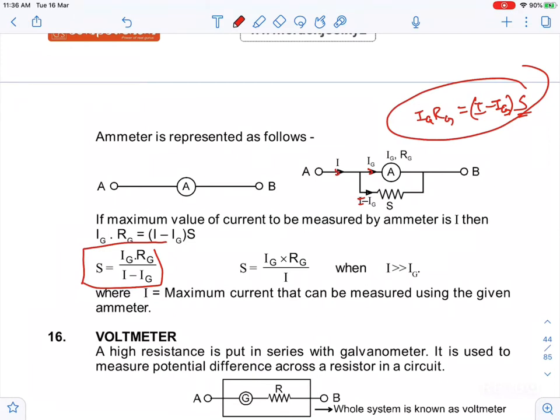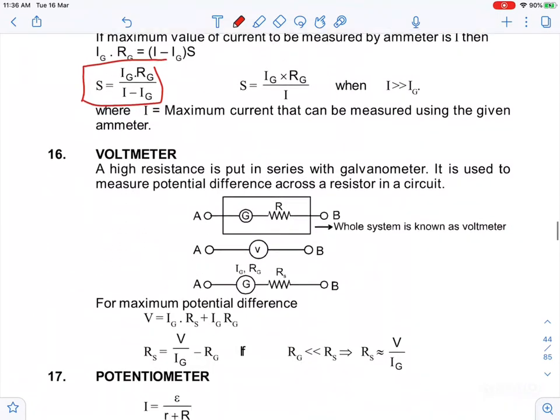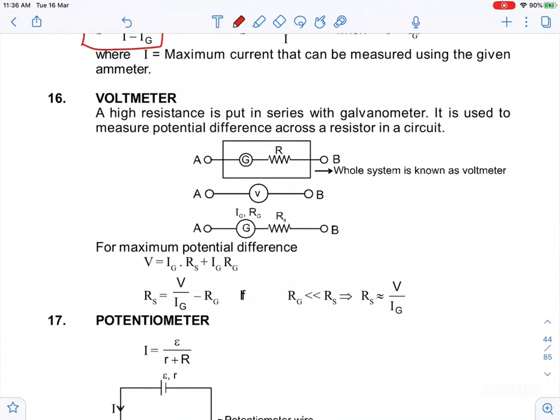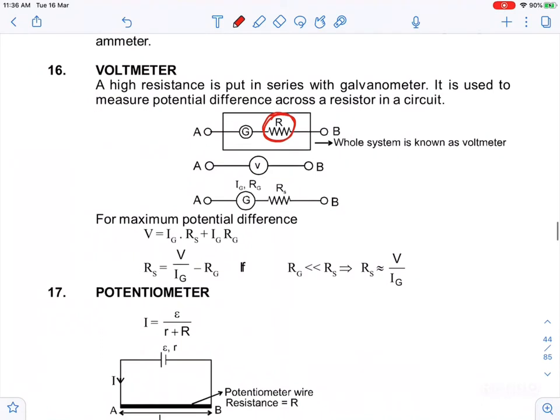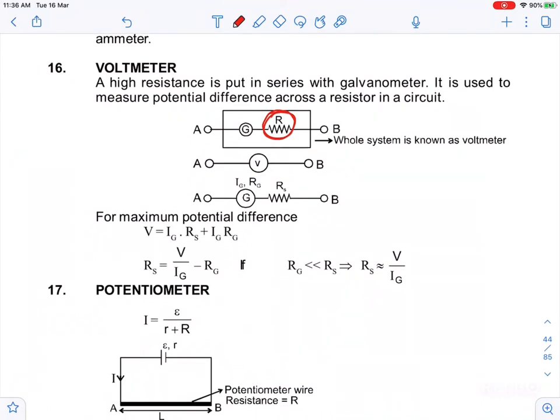You have to keep in mind, in order to convert galvanometer into ammeter, you require a shunt resistance. Now voltmeter, guys. In order to convert galvanometer into a voltmeter, you require a series resistance of very high value. So guys, if they are in series, I can say that potential I will add